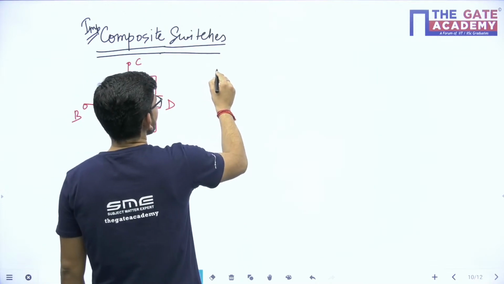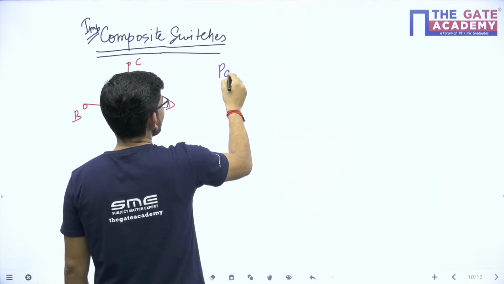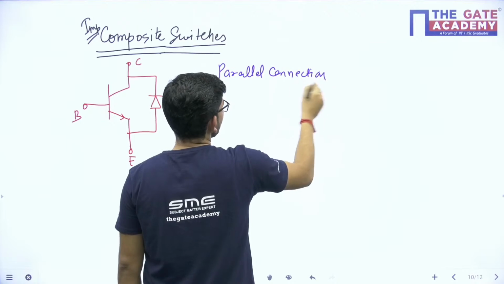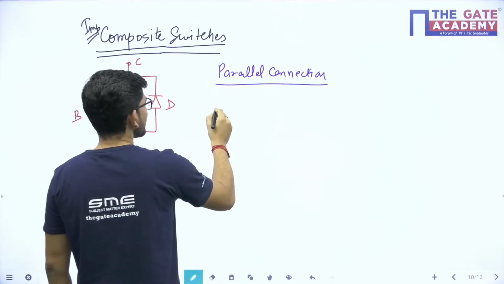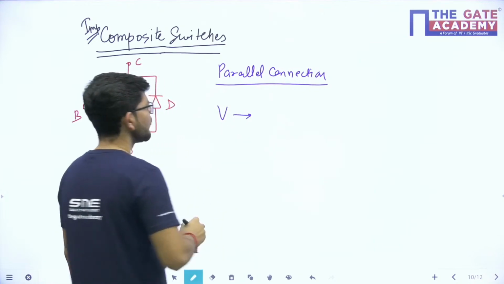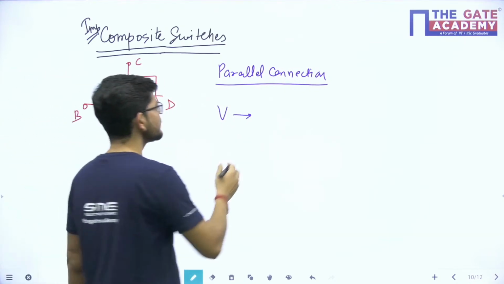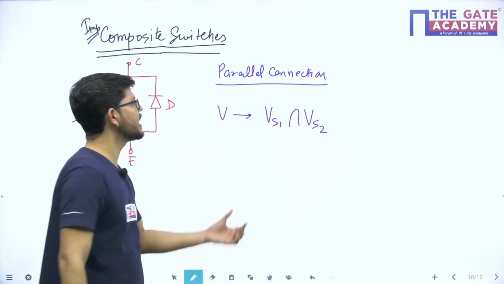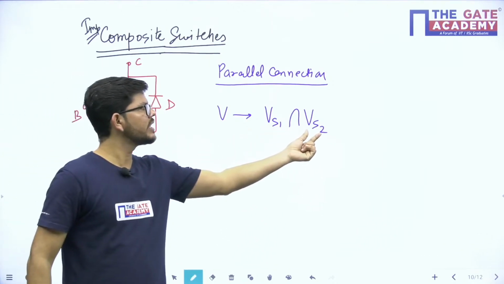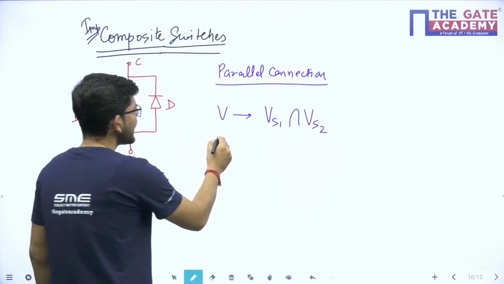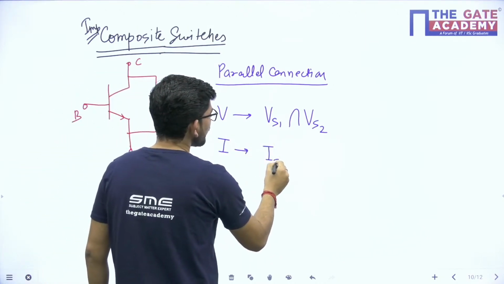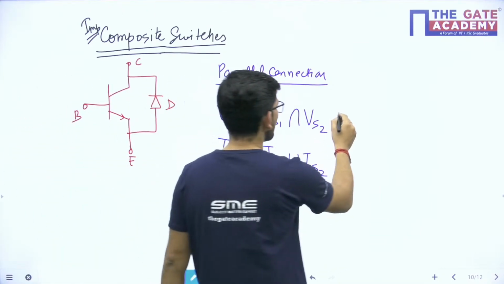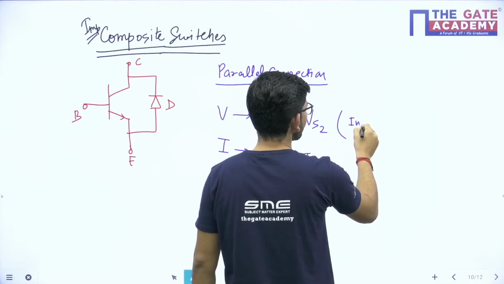For parallel connection, the trick is: when two switches are connected in parallel, the voltage will be the intersection of the voltage for the first switch and the voltage for the second switch, and the current will be the union of the current in case of the first switch and the current in case of the second switch. So this is intersection